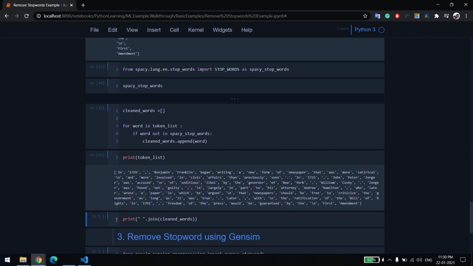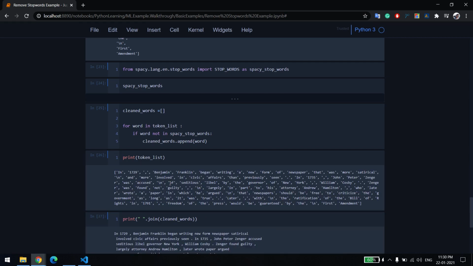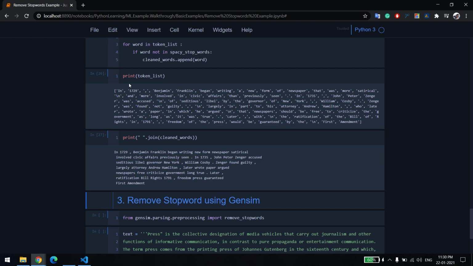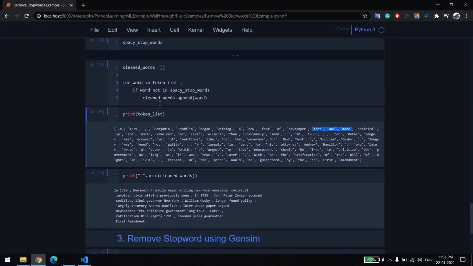You can see this is the token list, and this is the cleaned one. See, "a" is removed, then "from", "of" is removed, "that" is removed, "was" is removed, "more" is removed. So this library is pretty much the same, and we are able to remove those words.